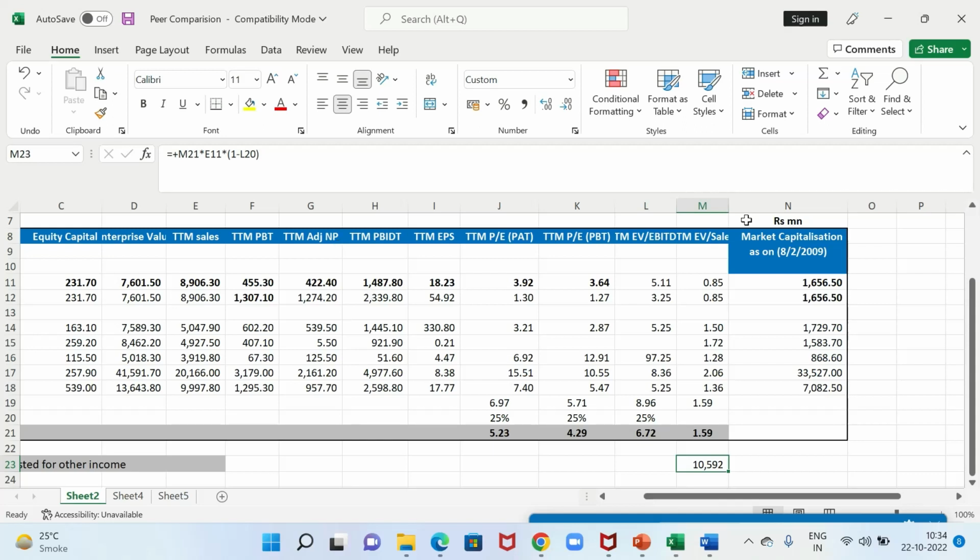It's simple. You'll take the average and multiply that average with your sales to calculate. If this would have been EBITDA, I would have multiplied this by EBITDA to get at EV. Now since it is a private company, I have to give a listing discount. These are not tradable. So I have to give a listing discount to it, and that's how I'll get a comparable valuation for this company. I can also check how I am trading basis that.